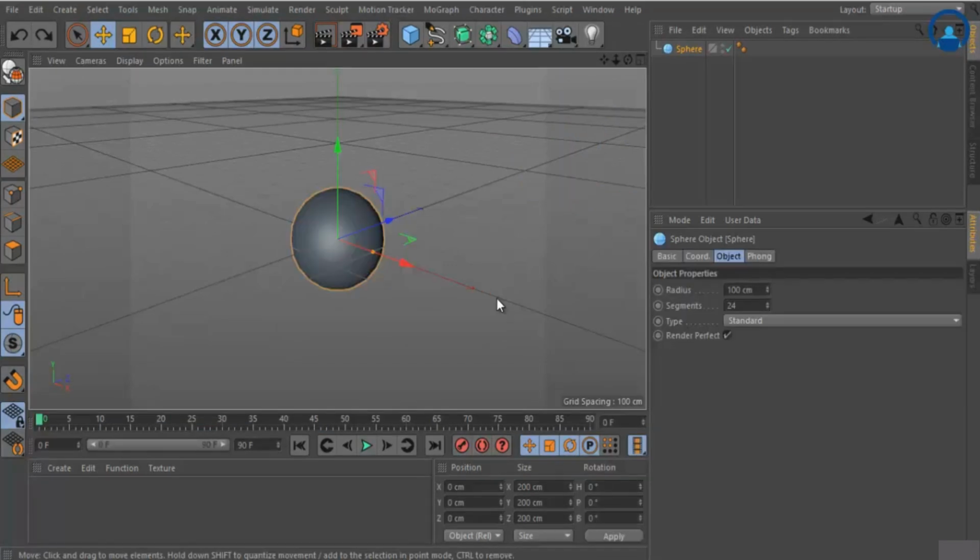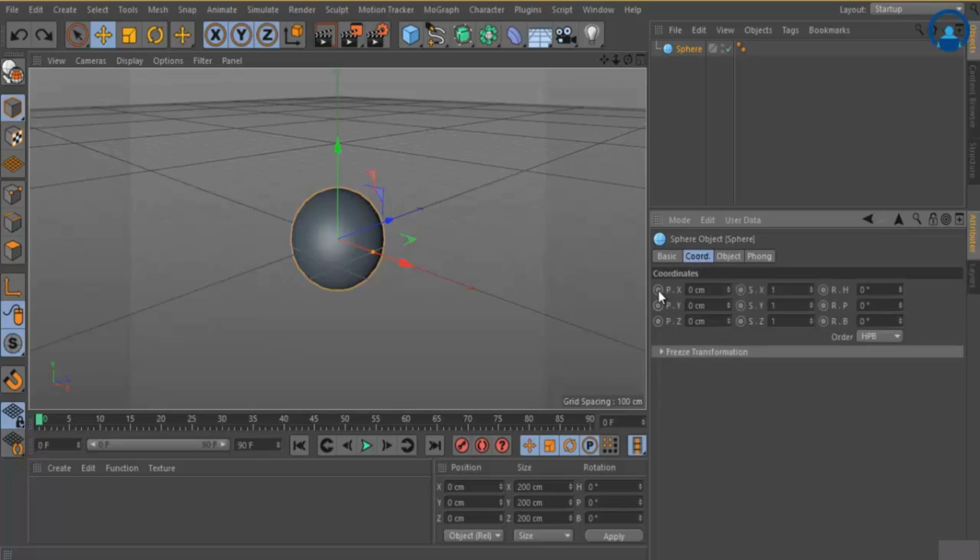Another way to animate any object is by using the attribute manager. So here I am inside the attribute manager. Inside this sphere's properties, inside coordinate options, you can see this small dot over here. It is again an animation property. Wherever you see this dot or circles or radio buttons, that property can be animated. So right now you can see the position property over here. If I move this, you can see it's moving that object, or changing the position of that object in the x direction. I right click it to make it 0.